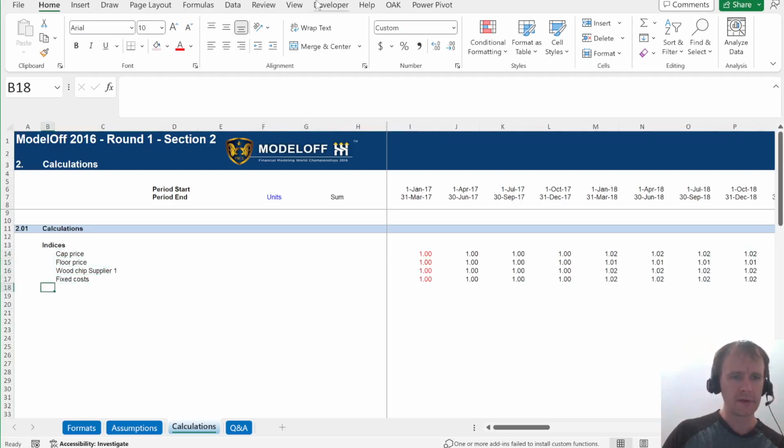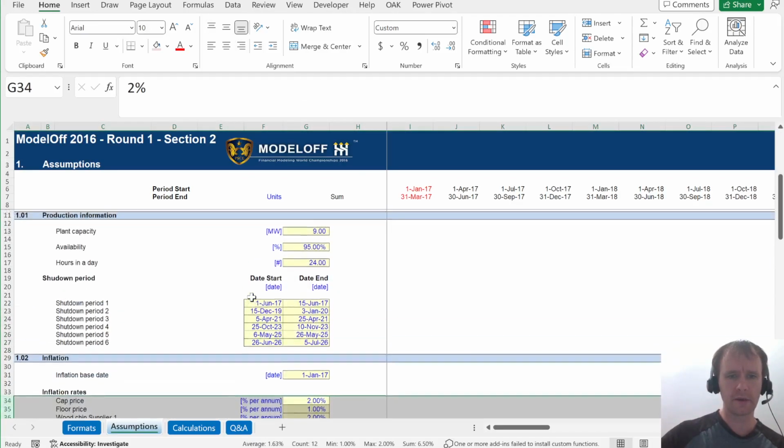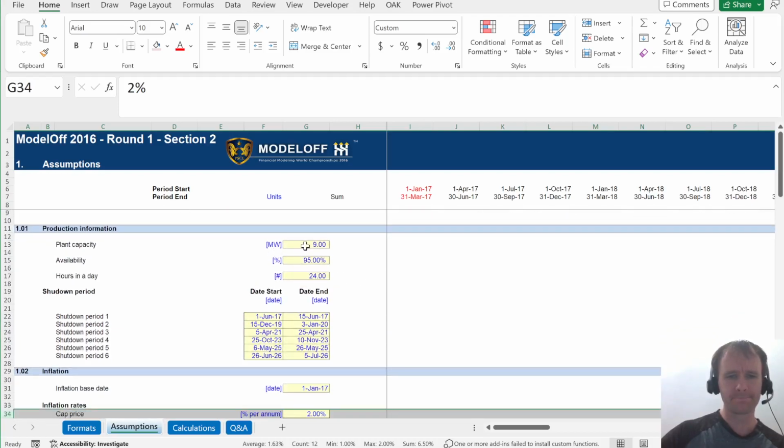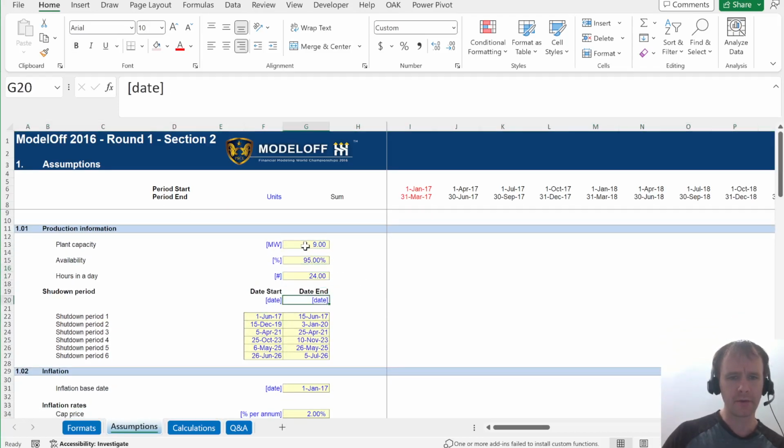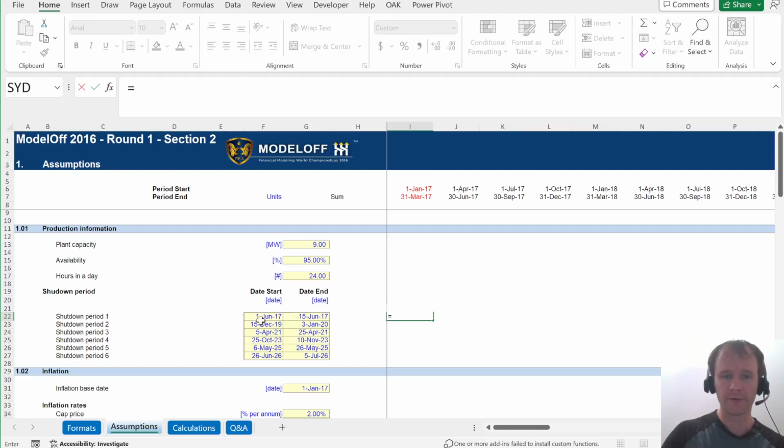All right, so second thing is let's figure out what our production per quarter is going to be. To do that, the first thing I want to do is figure out the days active. And to figure out that, I want to figure out how many shutdown days we have in each quarter. So to figure out how many days overlap between this range start to end and this range start to end, you can use